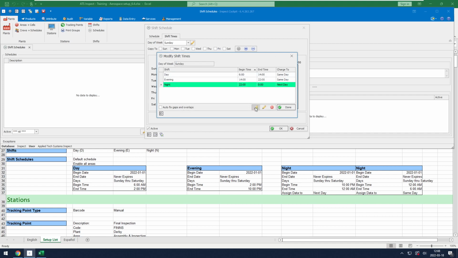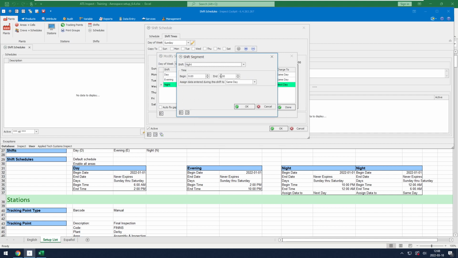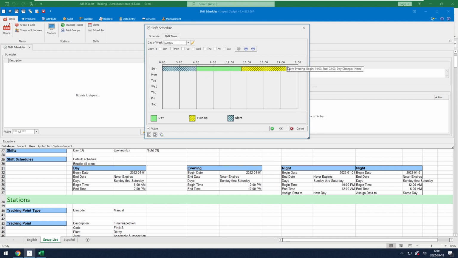We're going to do next day for the first part, and then for the second part, from midnight till 6, it's going to be same day. And then you have an option here to automatically fix gaps and overlaps. So if there are any gaps in the schedule or overlaps, if you check this mark, it's going to fix it. For me, it was all sorted and it was filling up to 24 hours,